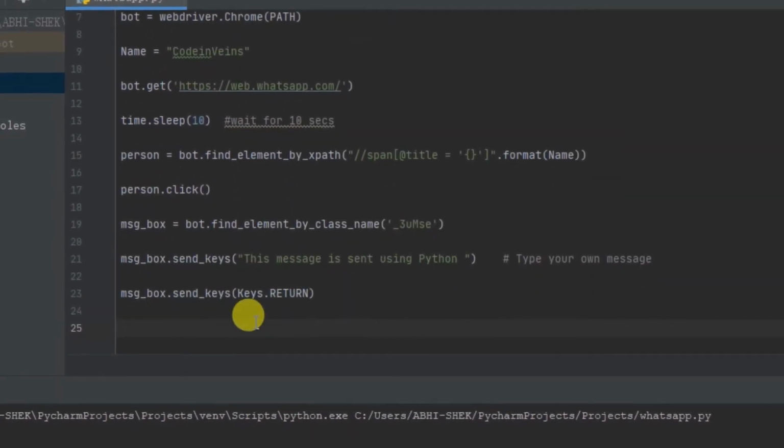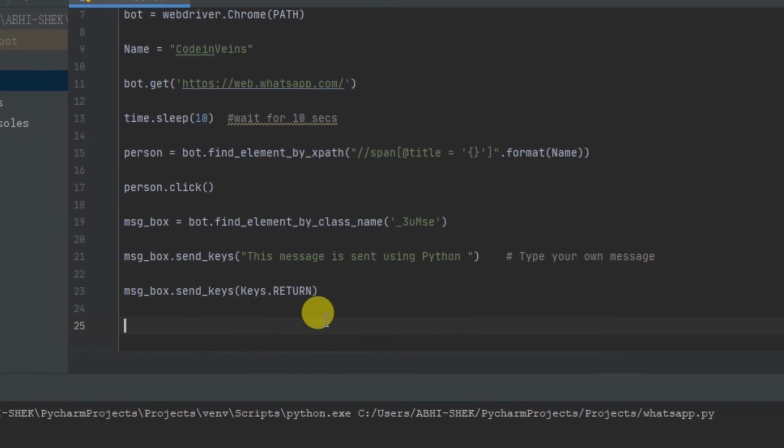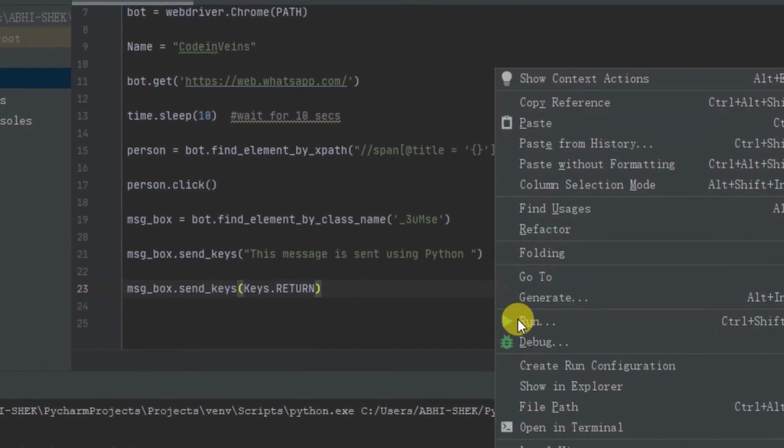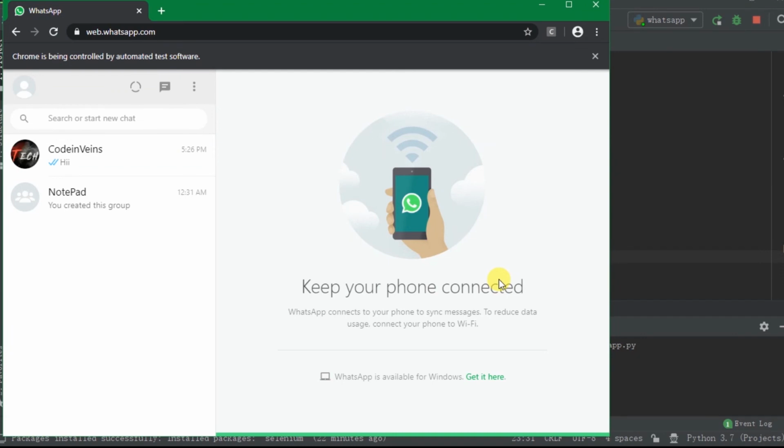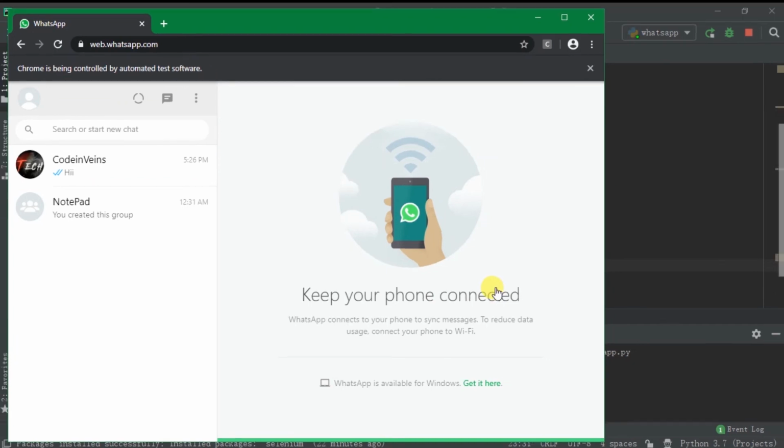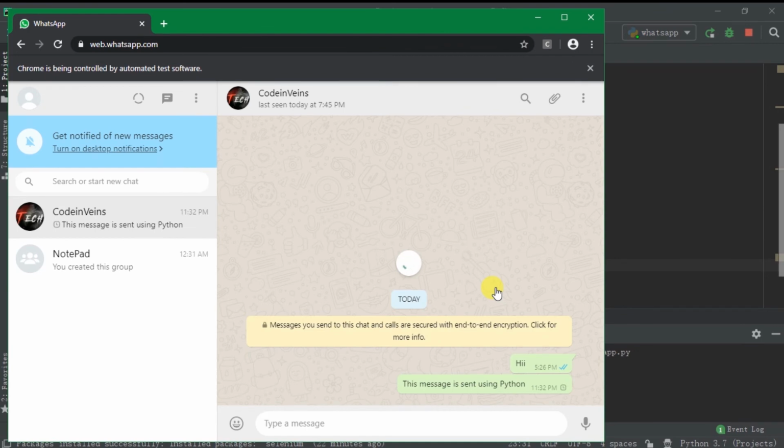And now we are almost ready. Let's run this. Perfect. Everything was according to our code.